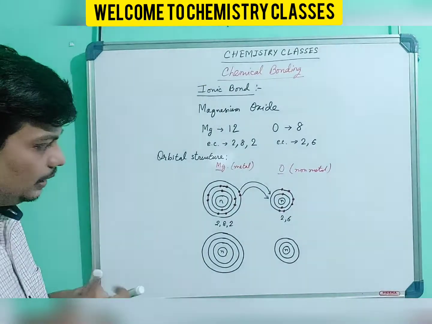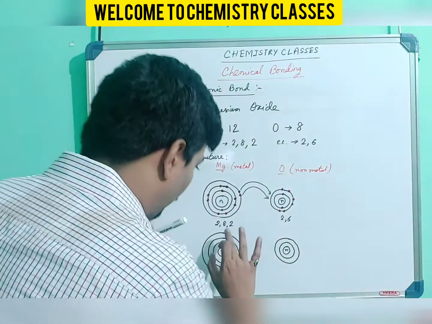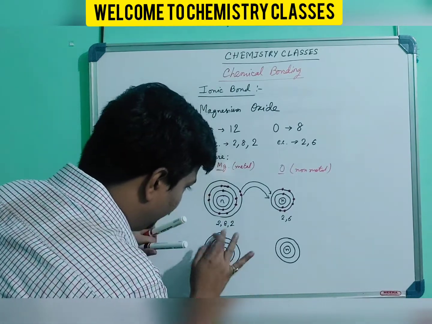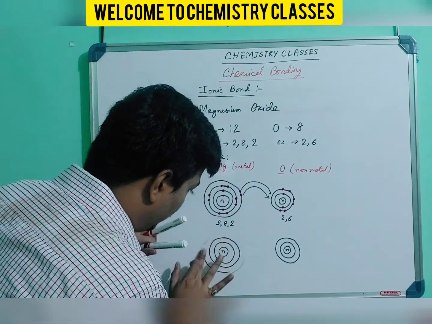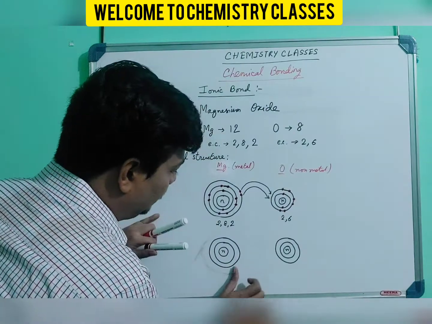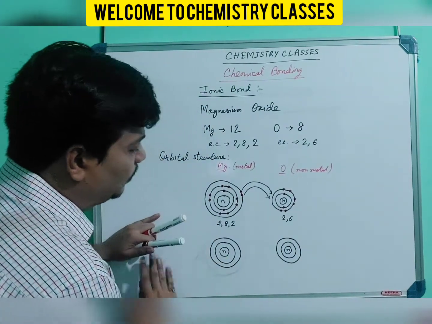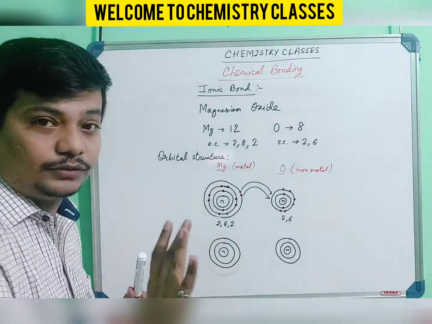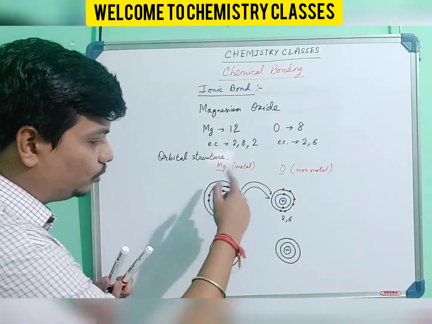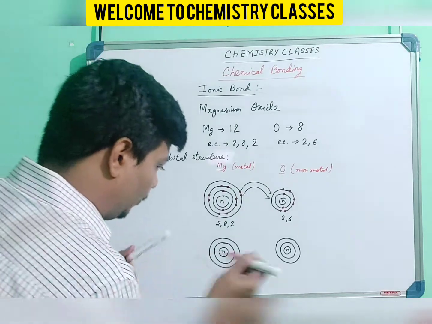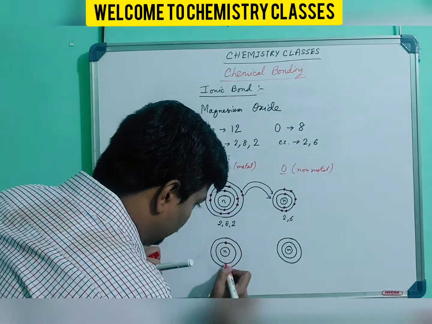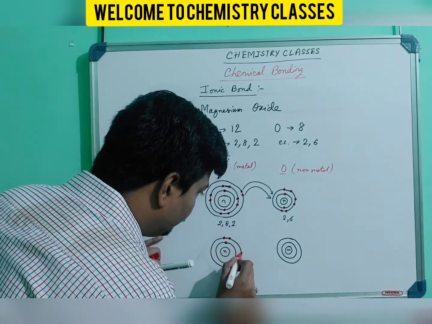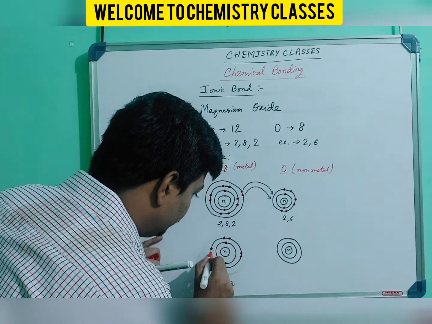So here I have all the 3 shells now. This one will not be there right now because, why? Because the last shell will not be there because magnesium has given off the 2 electrons from its outermost shell. So that shell is empty right now. So over here the rest of the electrons will remain the same where it was,